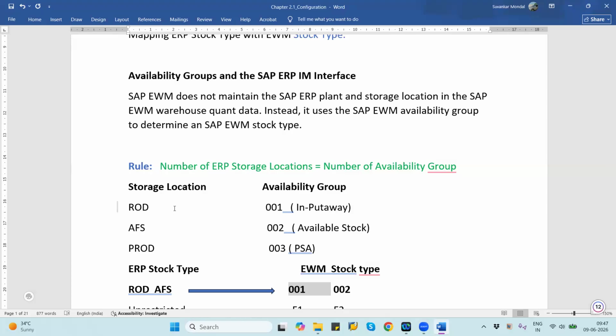Suppose you have received the stock at the door, it will be considered ROD. In your GR zone, it is ROD. If you are doing consolidation, packing, repacking, going to the work center, doing quality inspection, everything will be under ROD. And when everything is done and finally you are putting the stock into the final storage bin,